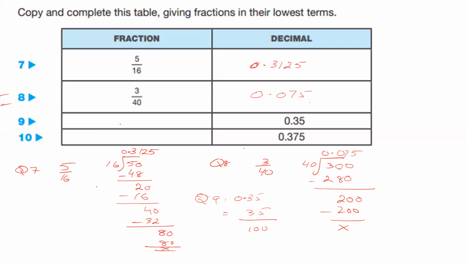So what we can do, we divide both numbers by 5. We get 5 times 7 is 35 and 5 times 20 is 100. So this is our answer because we cannot simplify it more. So this is 7 upon 20. Now question number 10. How we write question number 10 is, we write here 7 upon 20, and question number 10 is